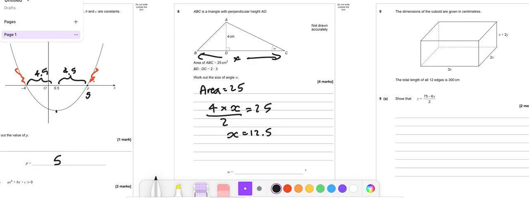so I've got 2.5. So I've got 2 to 3, and the total is 5, and we've got 12.5 to divide, so we've got to multiply each of those by 2.5, so it's 5 to 7.5. Which means this is 7.5,